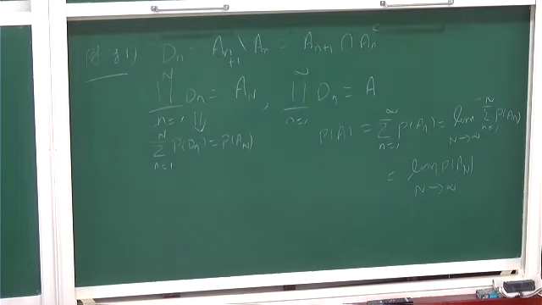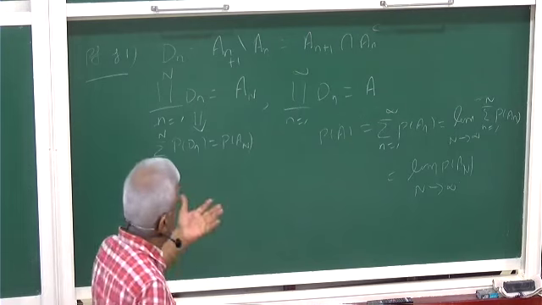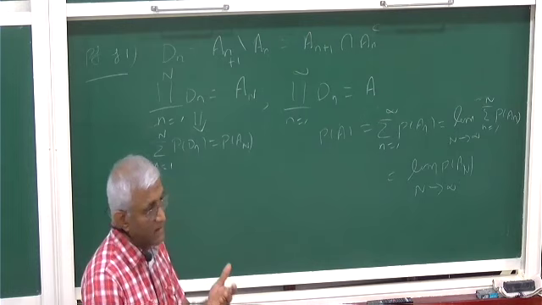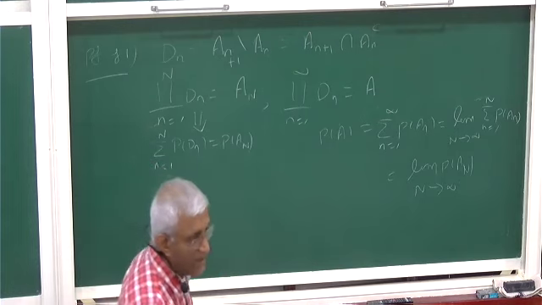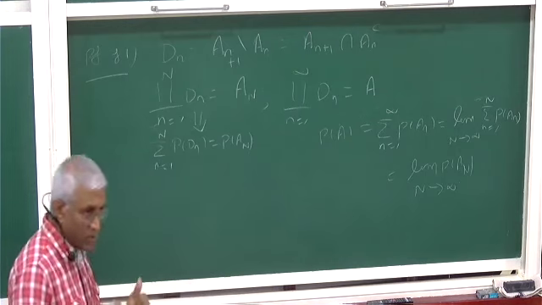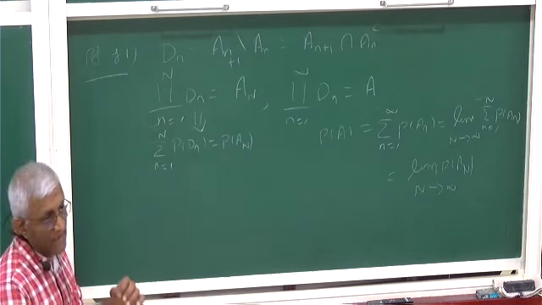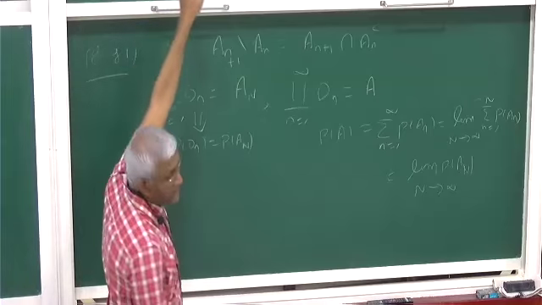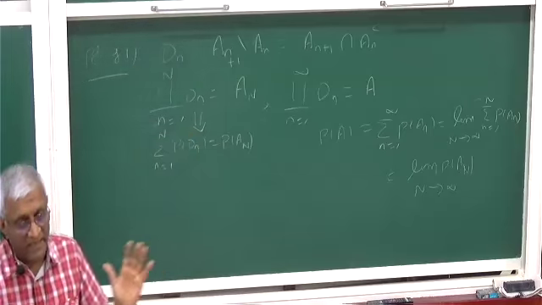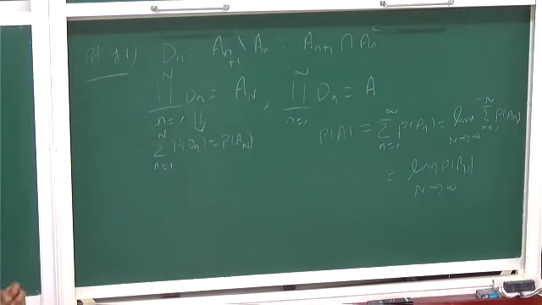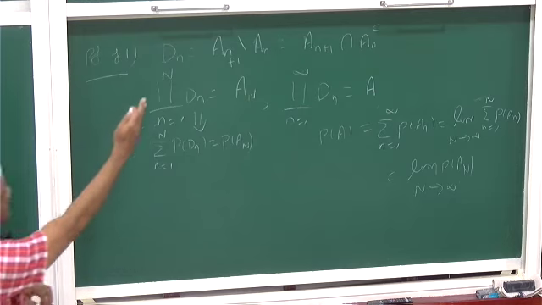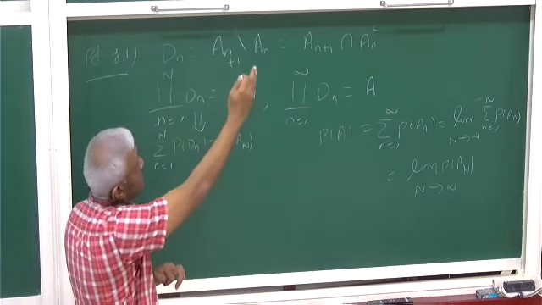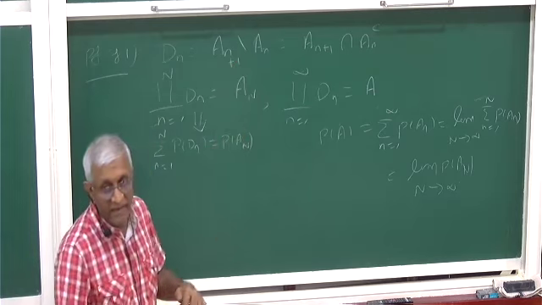Okay, so this is something we noticed. It's just an observation. This is like the probability function is continuous. It's a function on sets, but it's like some sort of continuity. You can actually define lim inf and lim sup of sets. For any sequence of sets, need not be increasing, need not be decreasing, you can define lim inf and lim sup, and you say the limit exists if lim inf and lim sup of sets are equal. Then this limit will also converge. P of A_n will not be increasing or decreasing, but the limit will exist and that will be equal.